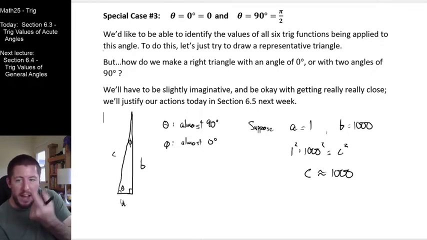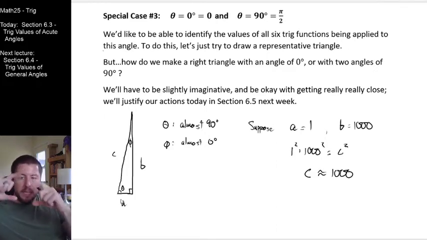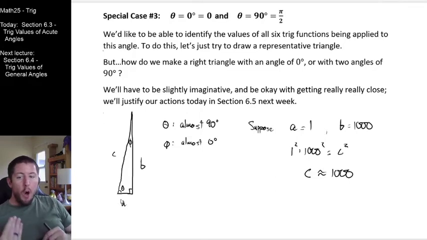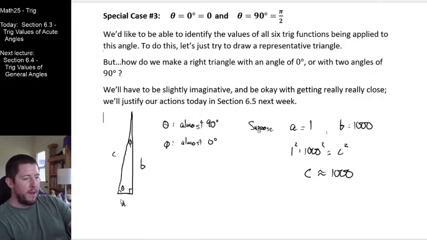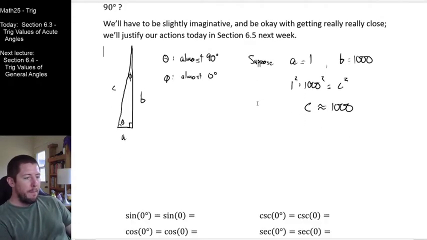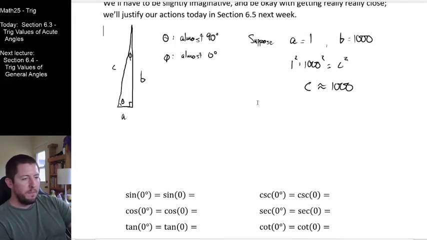Like the whole point is if phi was truly 0, then there wouldn't be any side length. So I'm picturing a being tiny, tiny, tiny, tiny, tiny. And if that's the case, then those lengths of B and C that you're looking at right there, those are going to be almost exactly the same length, like super close to being exactly the same length, right? So what that means to me is that my approximate triangle